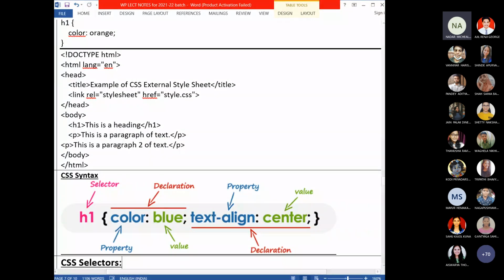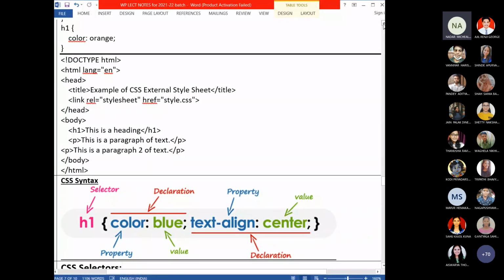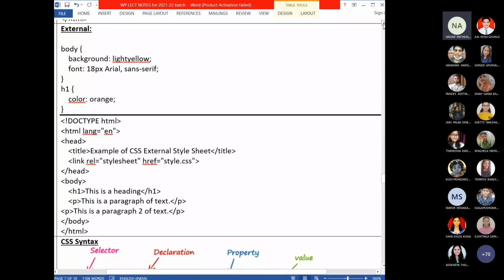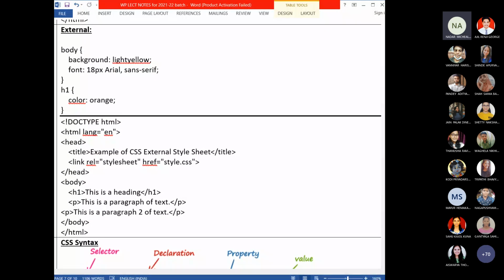This is external CSS. I showed it in the notepad, and now I am showing it in the Word file. So this is the code. Whatever style definition you want, you can write in the CSS file. The CSS file looks like this.